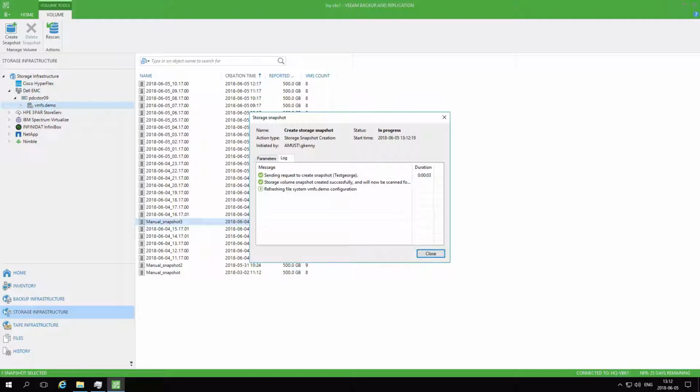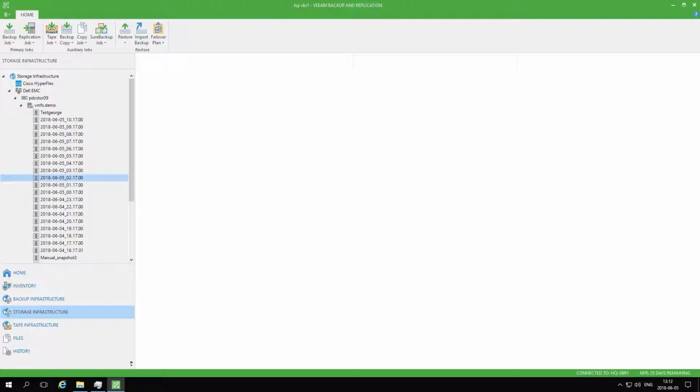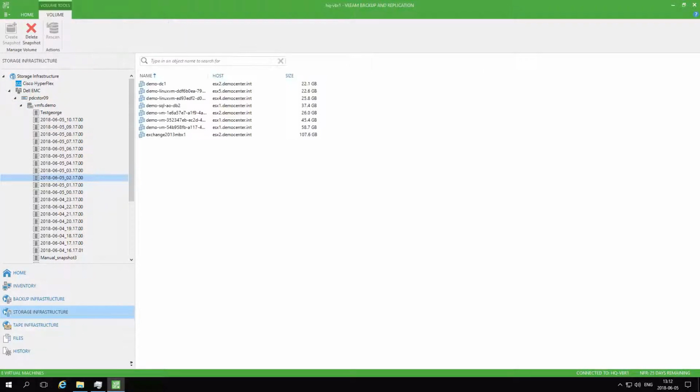So you can see now that will pop up in that particular list as a new snapshot somewhere in this library. It's probably going to be towards the top, yeah, at the top, because it's a fresher copy of that data. And you can see that's outside of those native snapshots. But what's important is we can actually right click on those and say open. So we're actually able to open those storage snapshots using the Veeam software and actually go and pluck out data from them and actually inspect all of the data that lives inside those particular